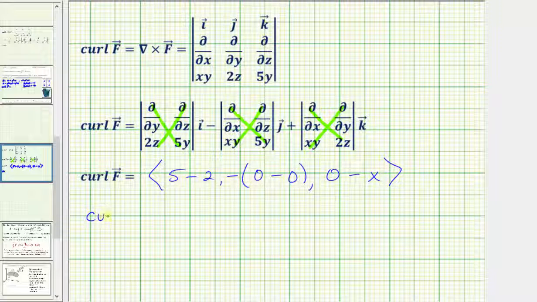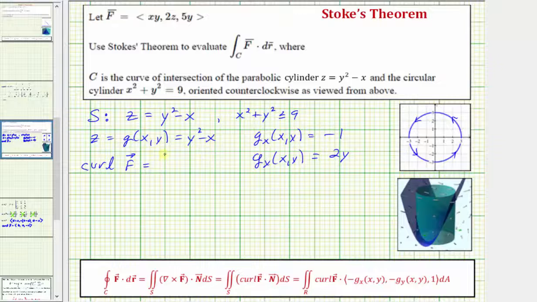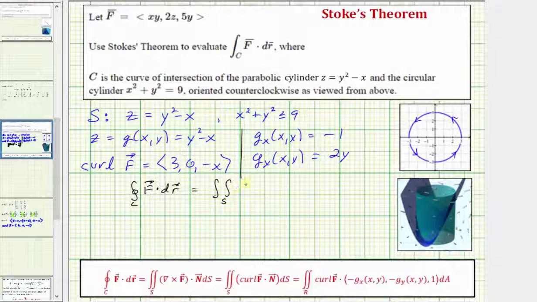So simplifying, the curl of the vector field f has an x component of 3, a y component of 0, and a z component of negative x. So going back to our first slide, we now know the curl, and now we have all the information we need. The given surface integral along the closed curve C of f dot differential r, by applying Stokes' theorem, is equal to the double integral over the surface S of the curl of the vector field f dot n differential s, which is equal to this double integral